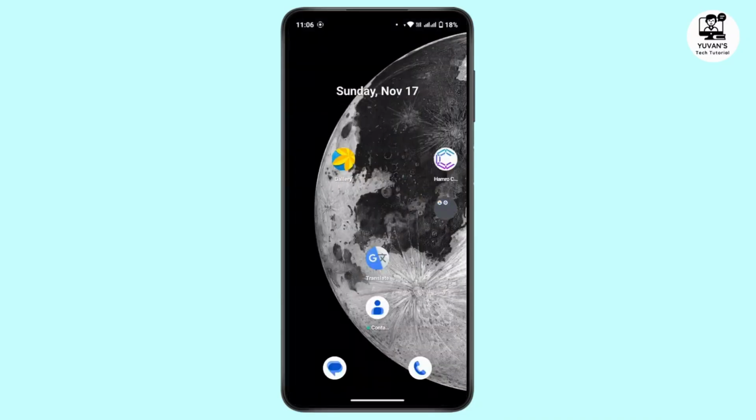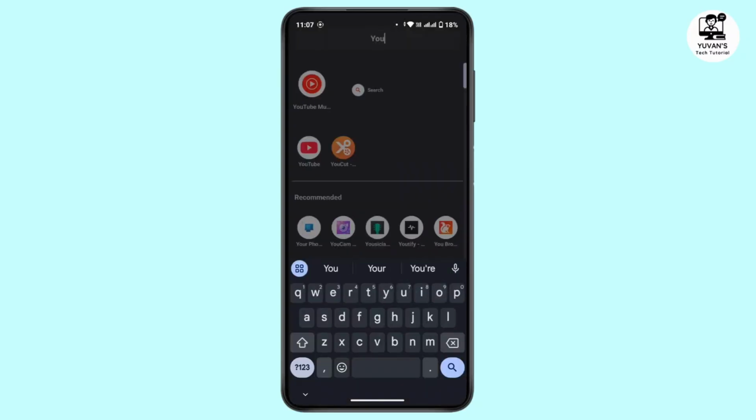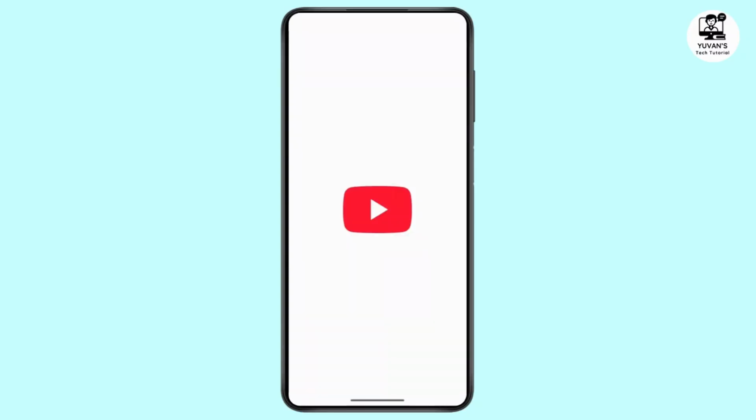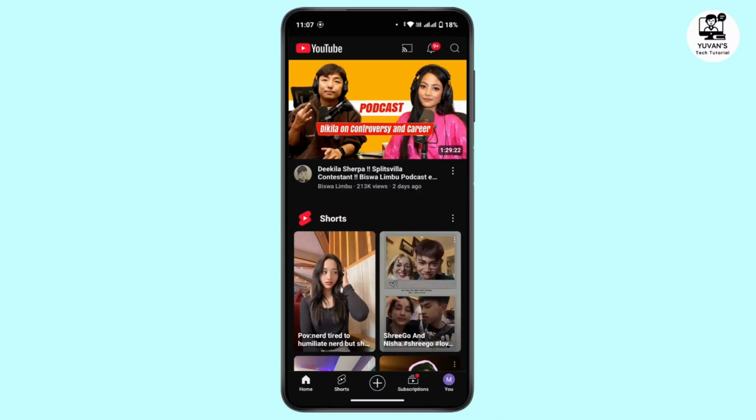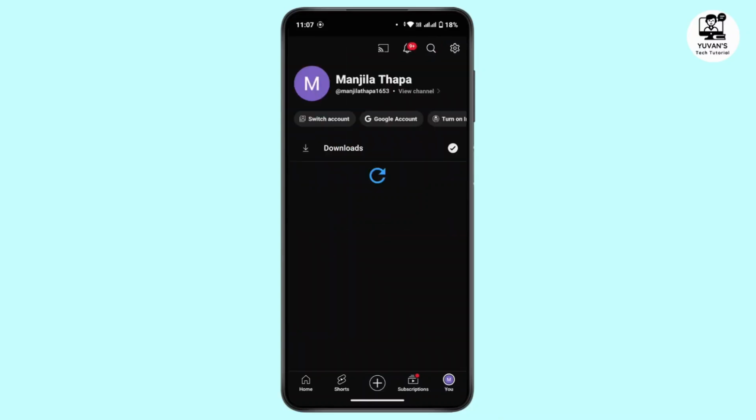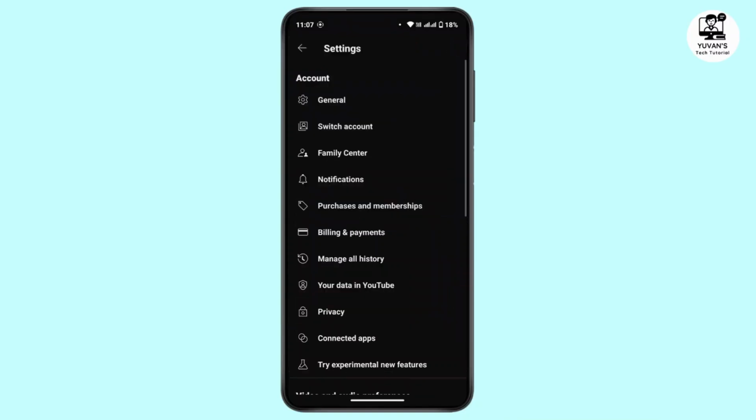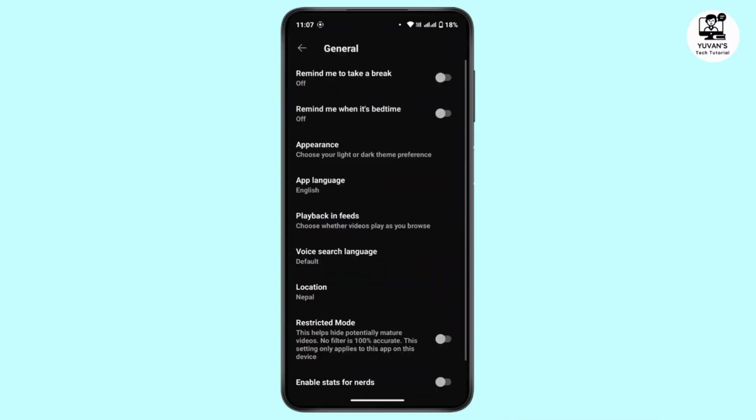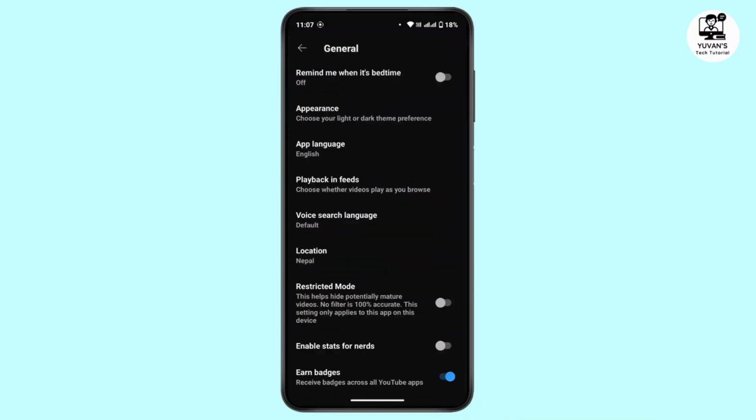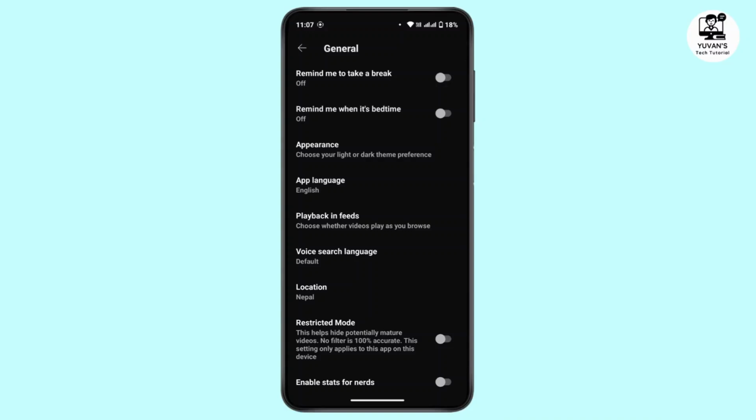Once you have done it, now go back and then open up your YouTube application. After that, navigate to your profile icon from the bottom right corner. From here, tap on settings from the top right corner. Here, tap on general. Here, scroll down a bit and look for the option that is picture in picture or